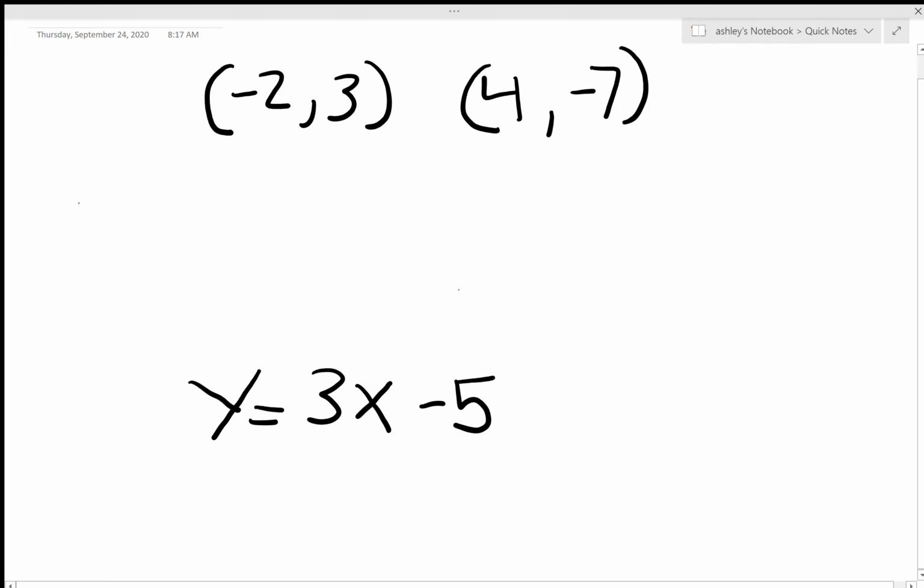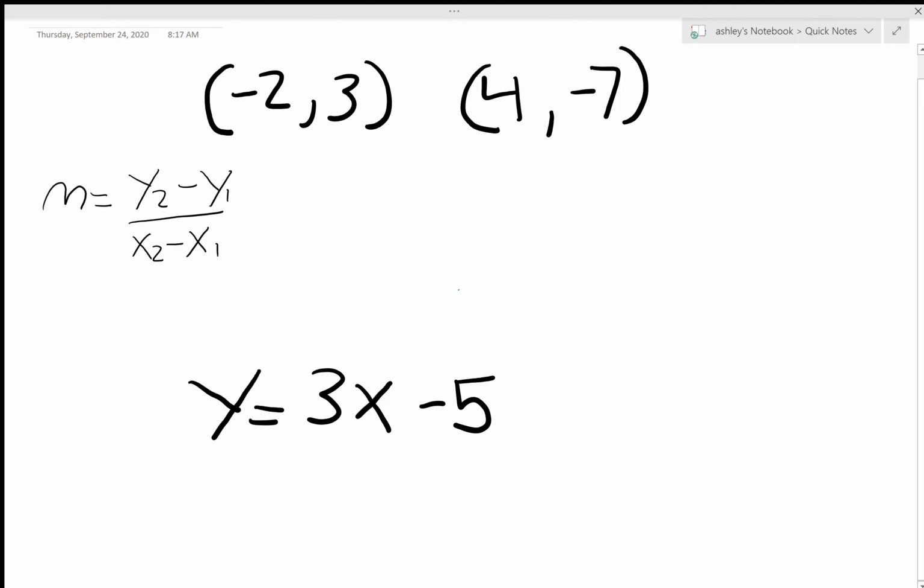If you recall, slope is represented by m, and we use the formula y2 minus y1 over x2 minus x1. So I have these 2 points up here. I always like to go ahead and label my points. It just helps make sure you stay organized. So we got x1, we got y1, we have x2 and y2,